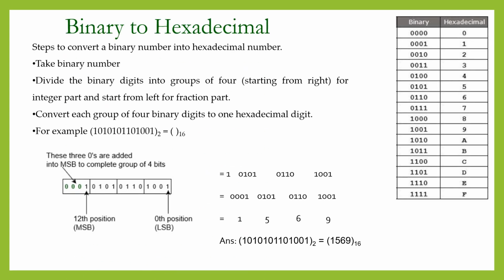Now we are going to learn the next number conversion, that is binary to hexadecimal. To convert a binary number into a hexadecimal number, first take the binary number and divide the binary digits into groups of 4, starting from the right for the integer part and from the left for the fraction part. Convert each group of 4 binary digits to one hexadecimal digit. For example, convert the binary number